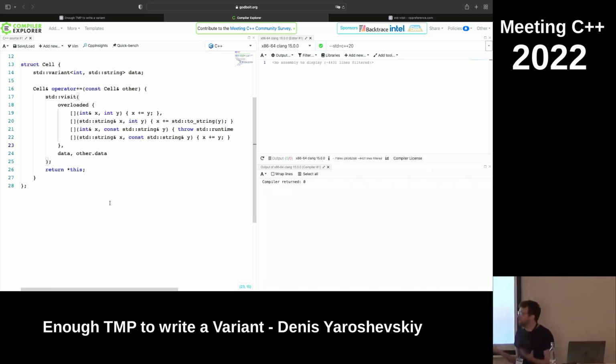But this interview problem is much easier to solve if you have a variant, right? So I have a variant between int and a string, and you can assign to it either an int or a string, and it will keep track of what it is. And then the killer feature of a variant, in my opinion, is multiple dispatch. Imagine you have to select your implementation not based on one type, like in virtual functions, but on two types or on n types. This is std::visit, a way to dispatch on the variant, and it can do multiple dispatch. So I dispatch based on my type and the other type, and I select the appropriate one for the problem. And so this is what we'll do, right?